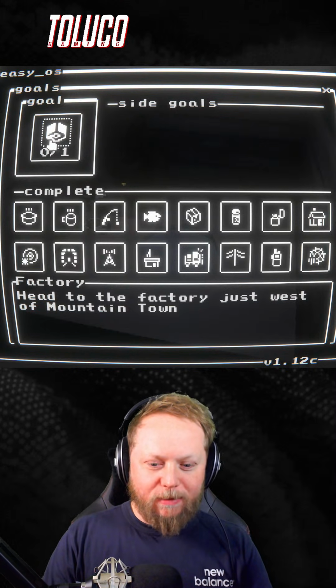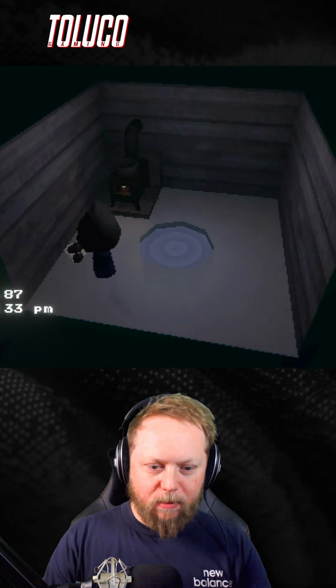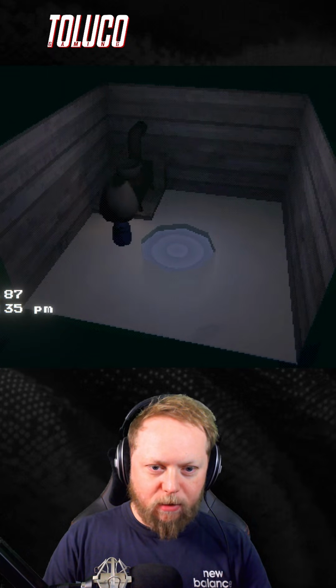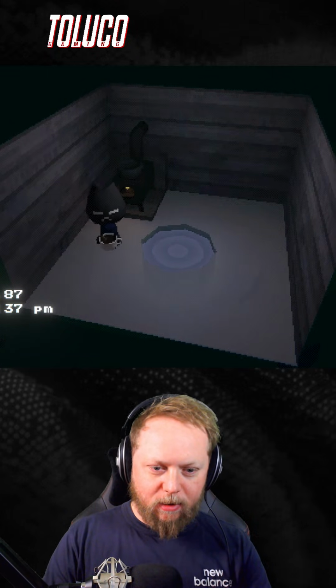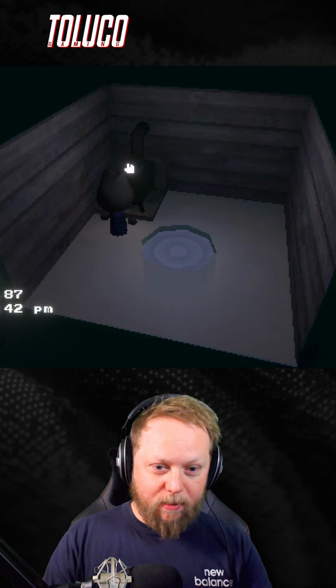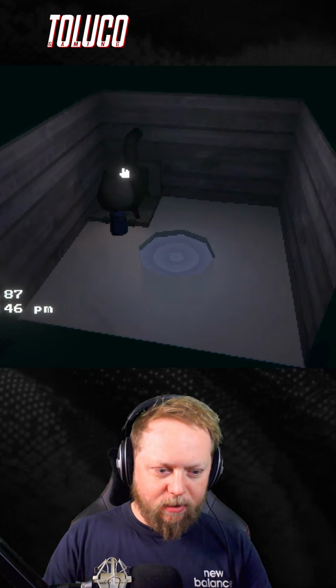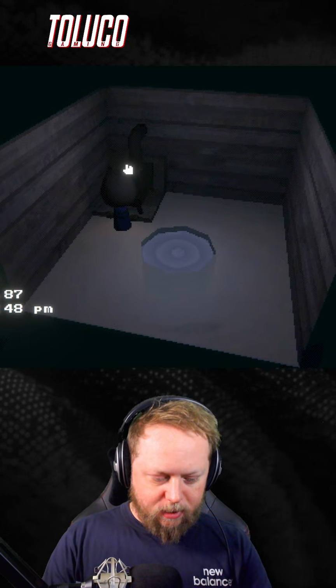So apparently my final quest is the mission. Do I just drink the soup? And do you know what? Can I make another fish soup out of this? Let's drink this, shall we? Whoa! That gave me loads. And there's like a logo at the bottom, the coffee icon. I've not seen that before.